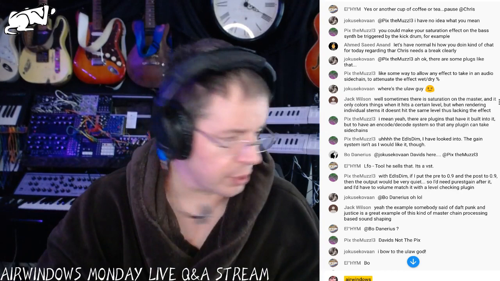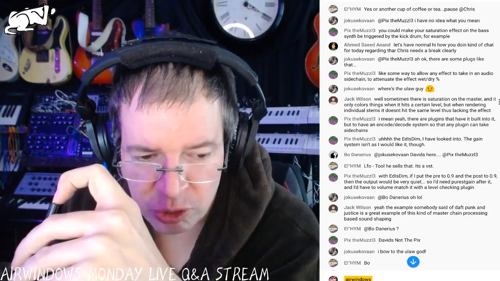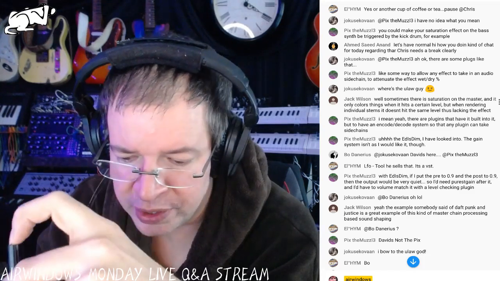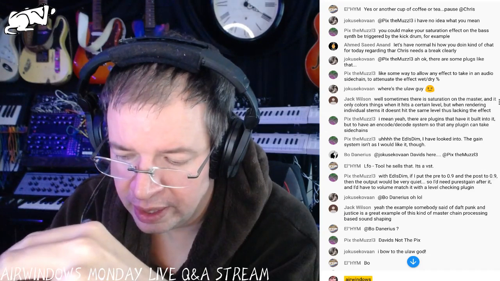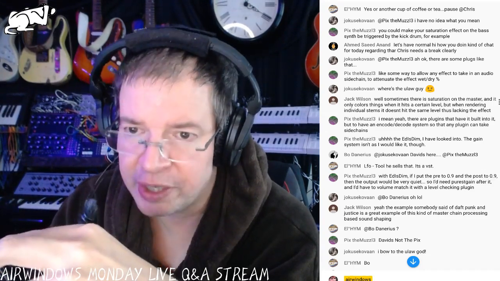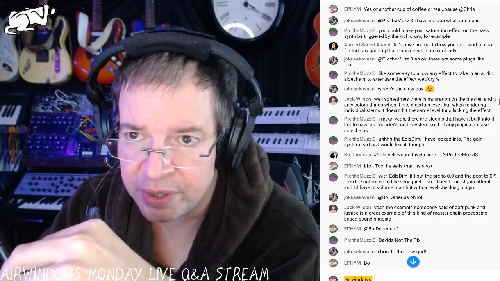In any case, that really is the question right there, is to what extent can you strip that stuff off of the 2-bus and leave it as only ultra clean summing? And that is about the size of it.